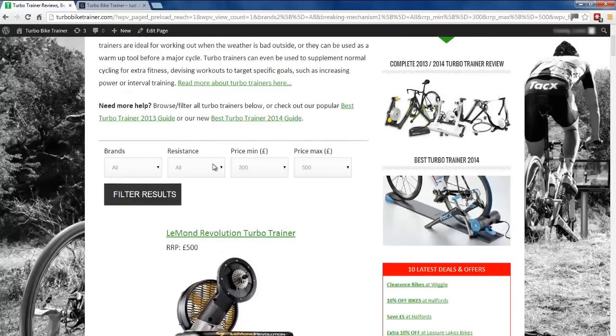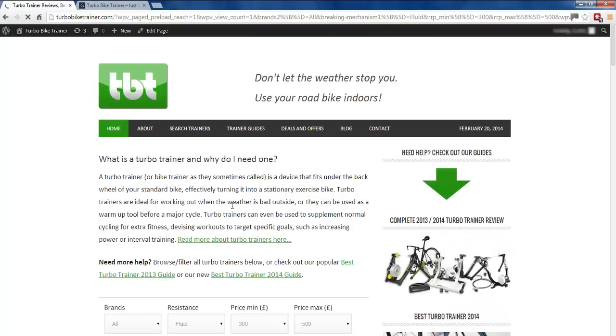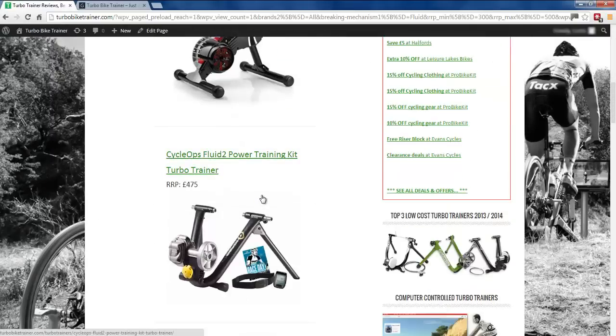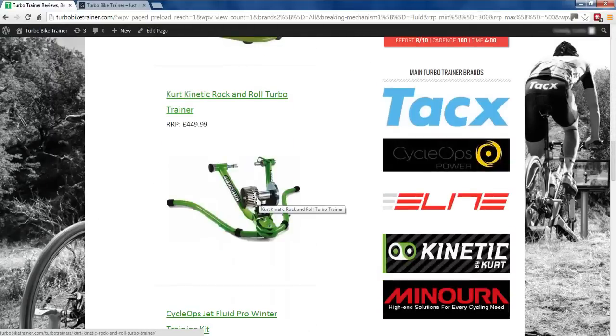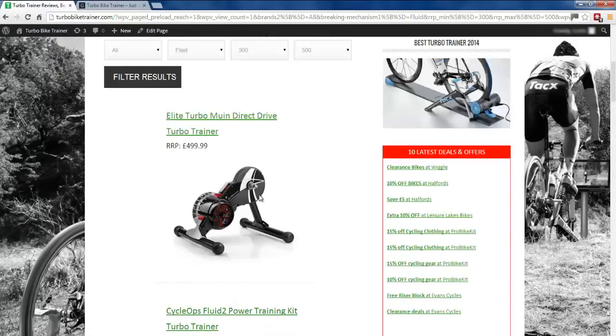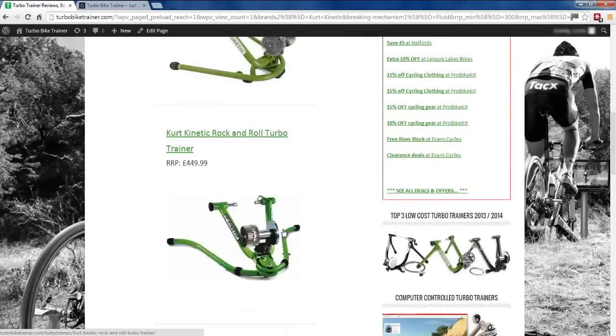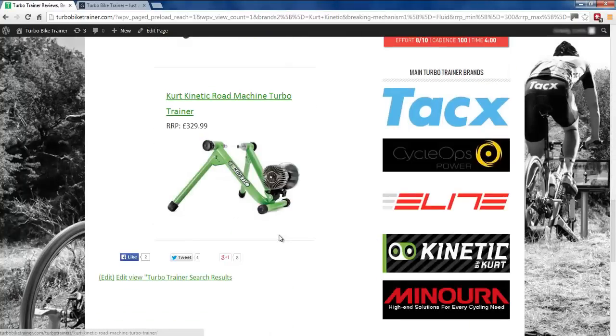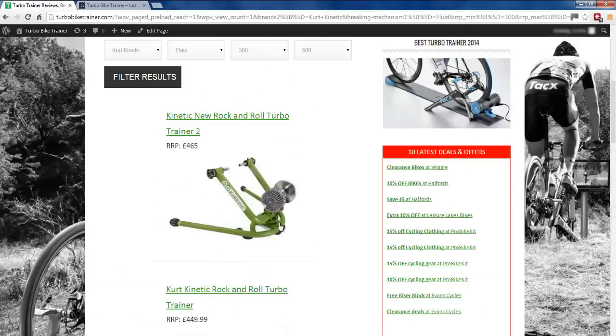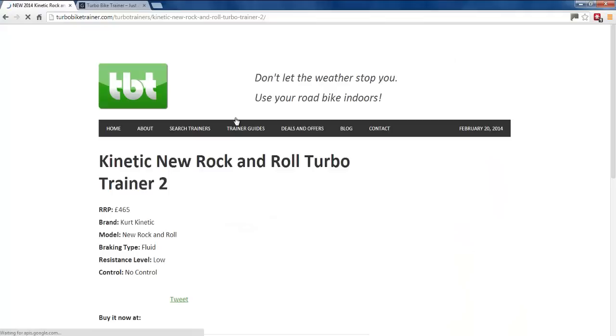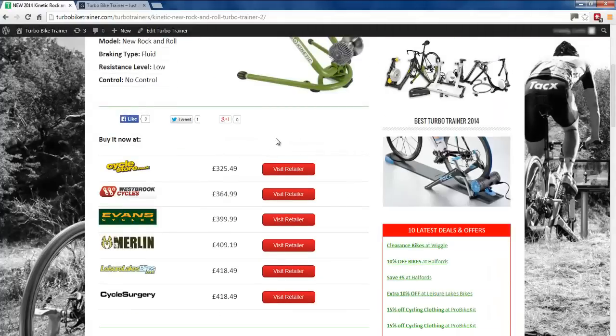Or you can filter it even more to say you only want fluid turbo trainers, which is a specific kind of technology. And then again, you might think, right, I only want a particular brand, so you can filter it again by brand. So I had to set all this up and style it and make it work properly and embed it into the site. And this will come in later guides in this case study tutorial,